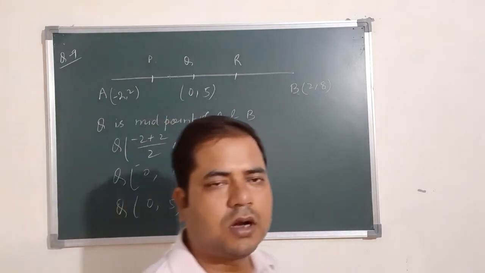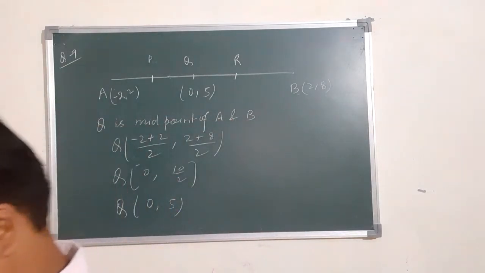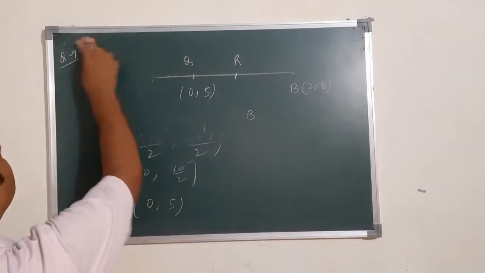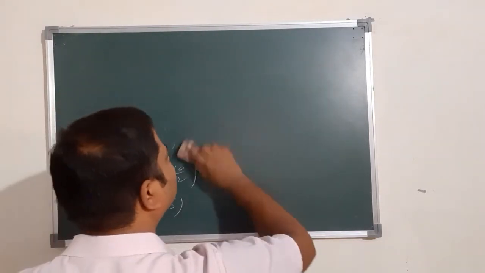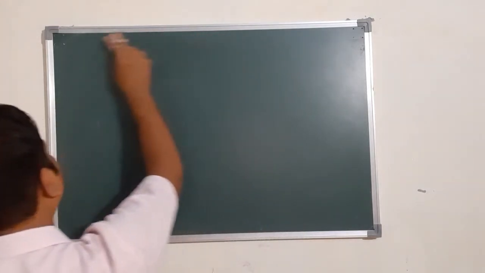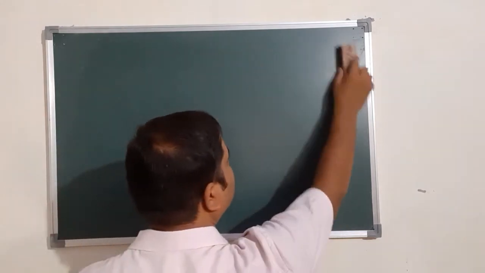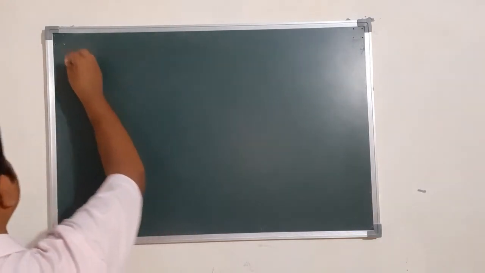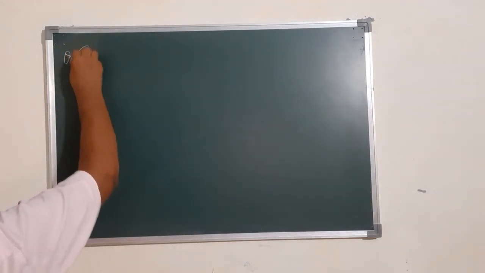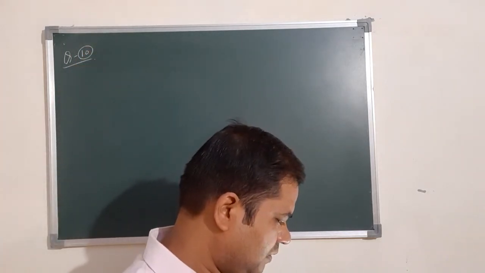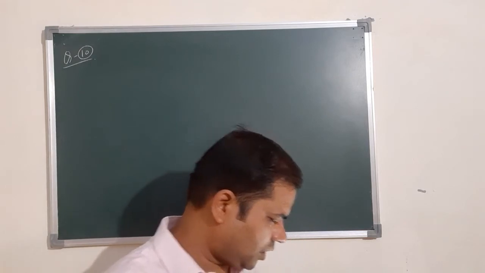So I hope you have completed this one also. So next one is the last question of this exercise, question number 10, and this is nothing but: find the area of a rhombus